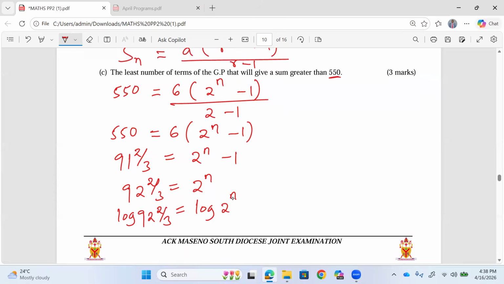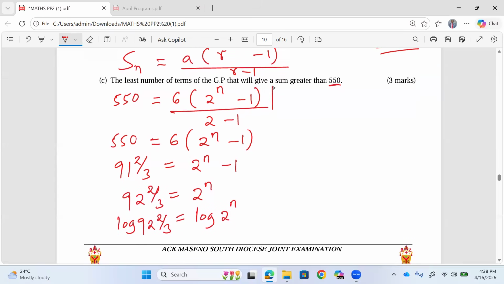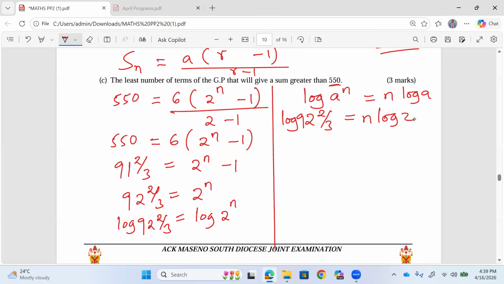Then according to the third law of logarithms, the log of a^n is the same as n log a. We drop the n. So at this point, we say the log of 92 and 2/3 equals n log 2. So that for us to remain with n, we divide through by log 2. So n is the log of 92 and 2/3 divided by the log of 2. This gives us exactly